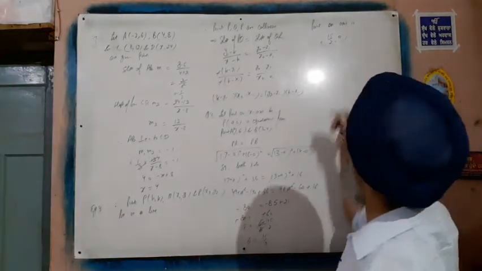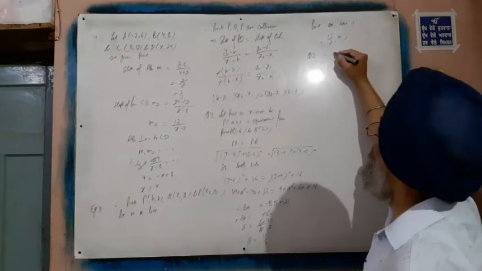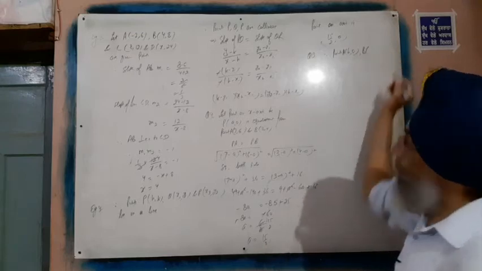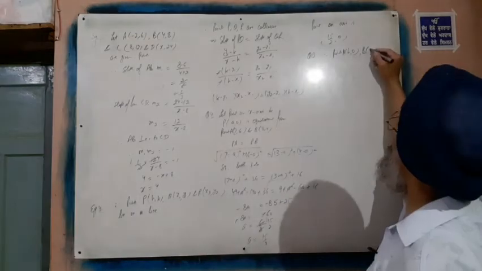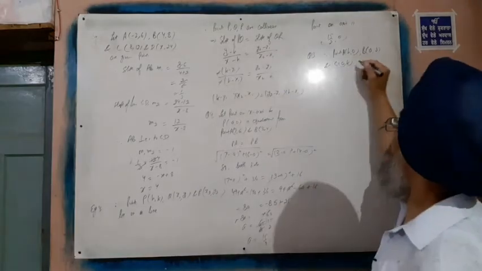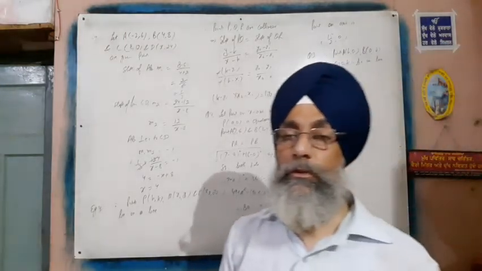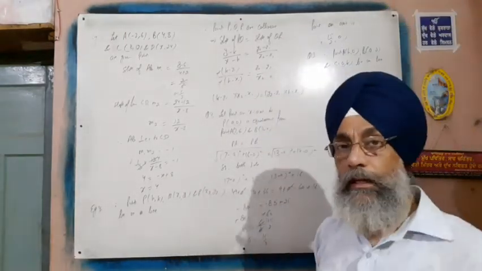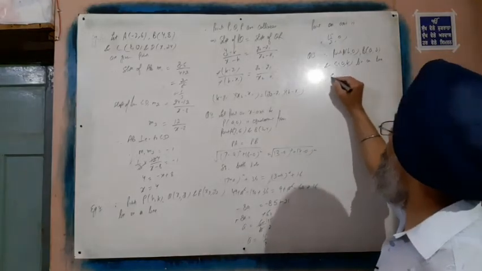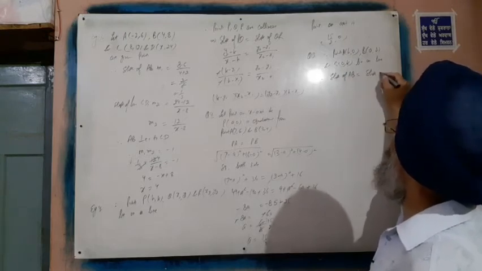And see question number 13 here. Given that 3 points, say A (0, a), B (b, 0) and C (h, k), lie on a line, we have to prove that a upon h plus b upon k is equal to 1. Since they are lying on the same line, it means that they are collinear. It means the slopes are equal. Therefore, slope of AB is equal to slope of BC.